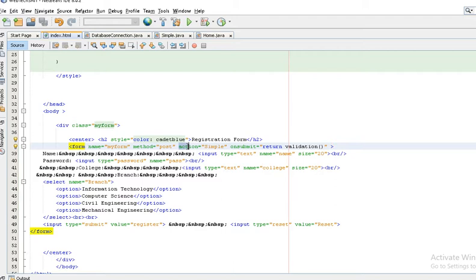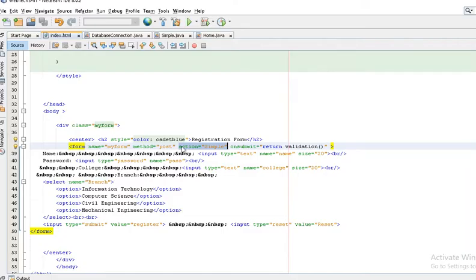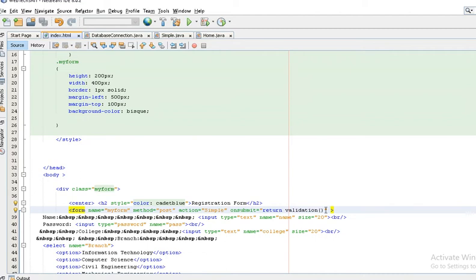This is my action actually. If someone clicks on registration and clicks on the register button, it will show the action. What will happen if somebody clicks on the register button? I'm not using any validation after the submission of the form, so let's delete it.